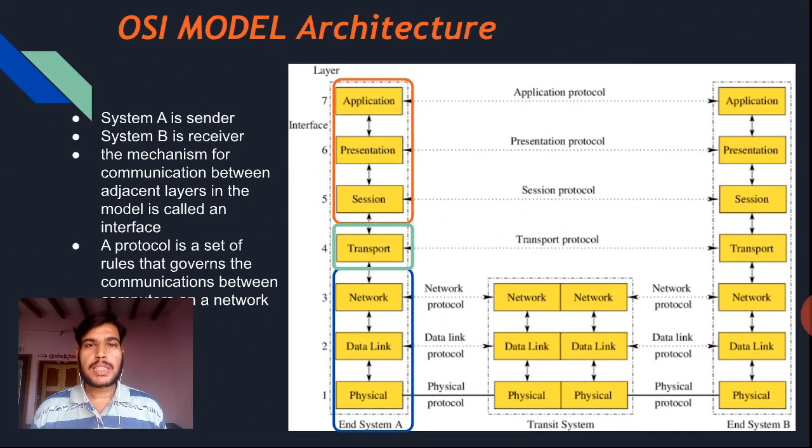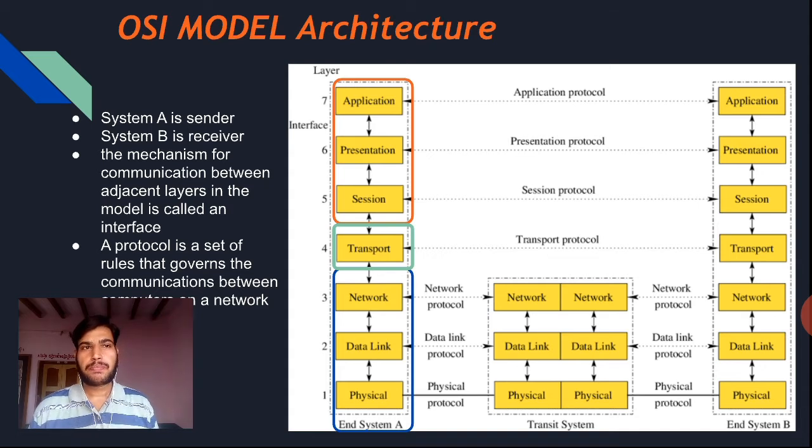Okay, now let us try to understand the OSI model architecture. In this slide I have highlighted the OSI model architecture. Here I have shown end system A and end system B, which are communicating with each other over a computer network. As I said, the OSI reference model has 7 layers, starting from the physical layer to the application layer. Those layers are called the physical layer, data link layer, network layer, transport layer, session layer, presentation layer, and lastly